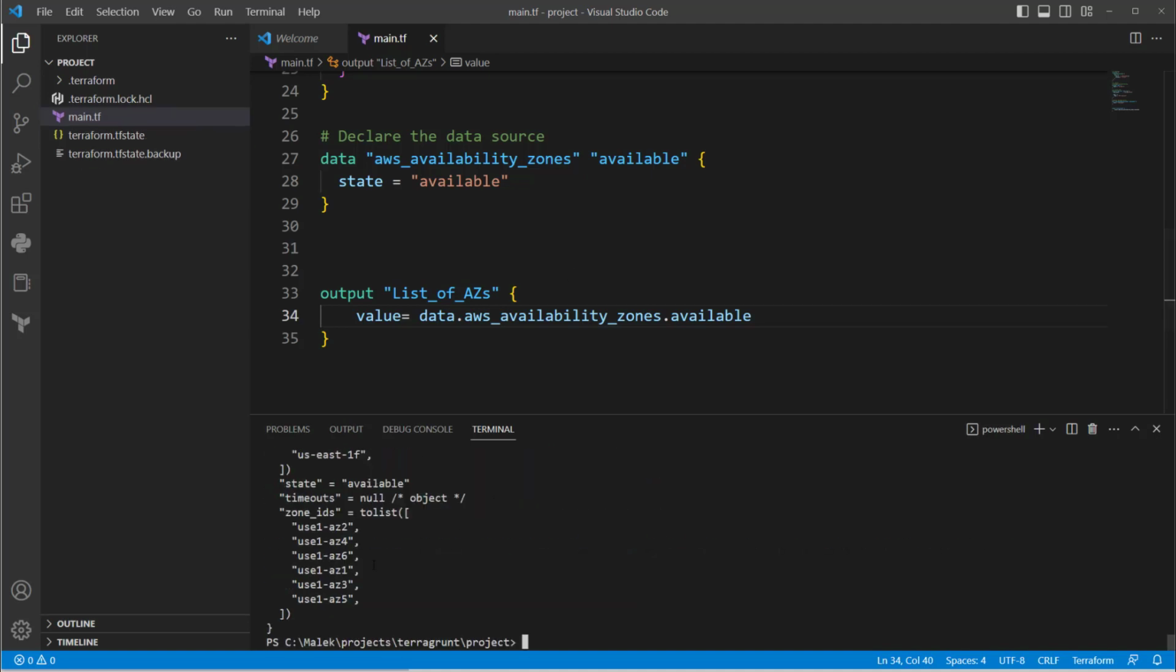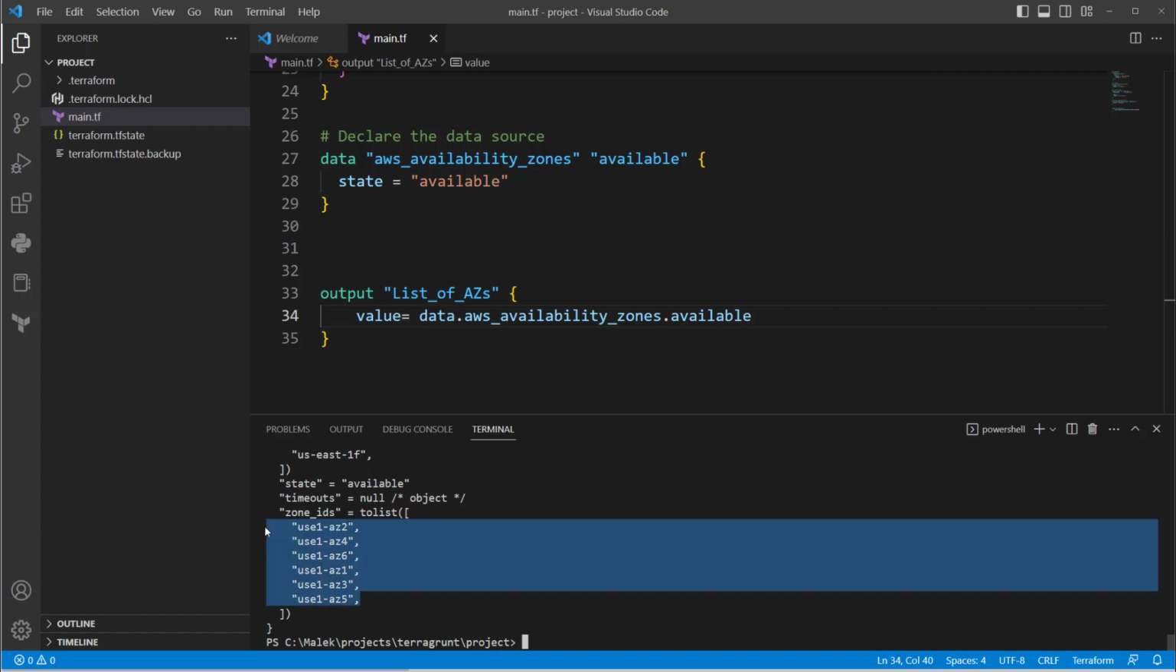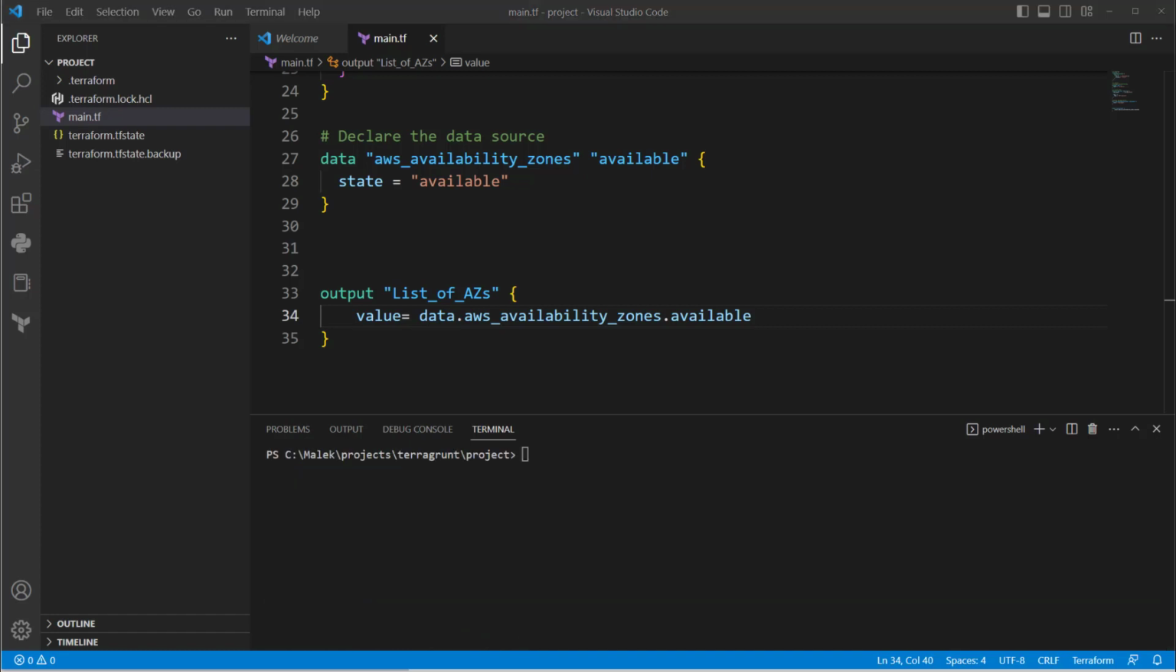Yes, as you see here, this is the list of availability zones in US East 1. 6 availability zones in US East 1. I will show you later how we can use these outputs. I think it is enough for the first part of this presentation, and I will try to move more quickly